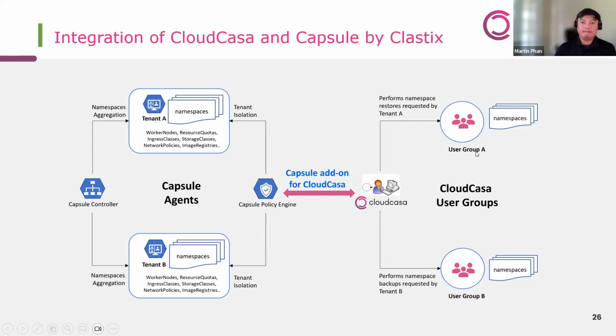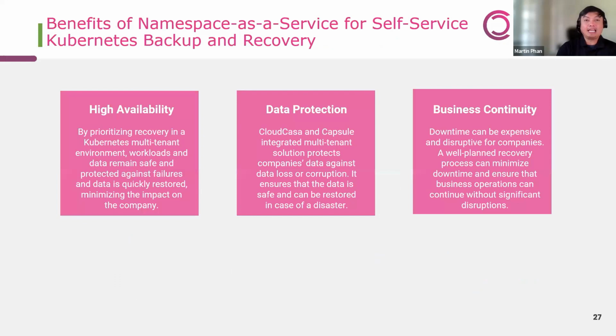Those rules are going to be then correlated into different user groups, the native RBAC functionality for Cloud Casa. And with those user groups, we're going to be able to provide that level of isolation. This group can only see these namespaces, these groups can only see these namespaces, and can only back up and protect those resources accordingly, right? We don't want users to back up an entire cluster that they shouldn't have access to, and then let's say restore the namespace that hosts the payroll application or what have you. So that is the idea behind the integration